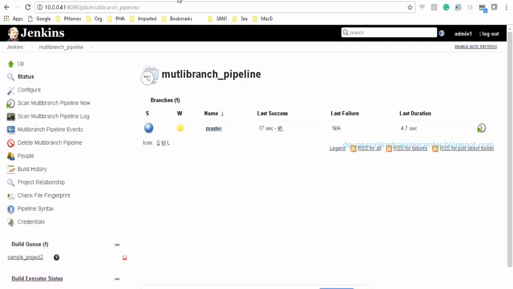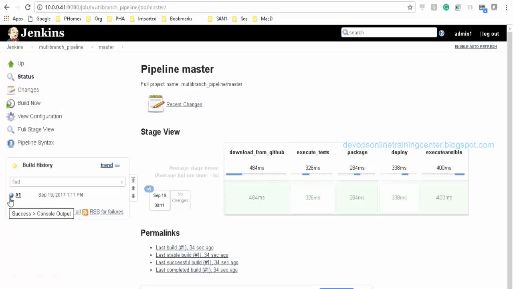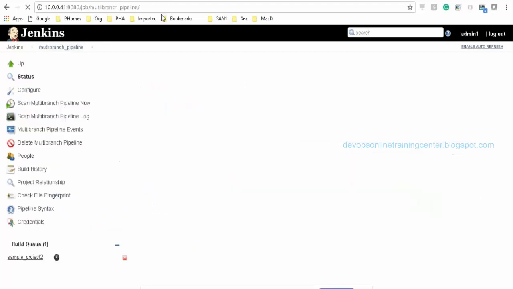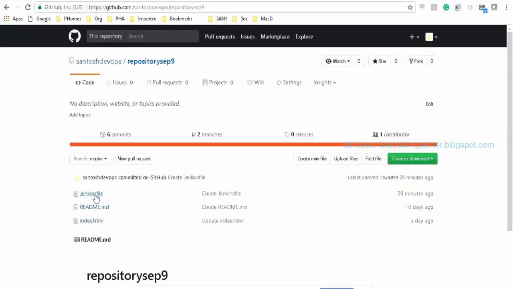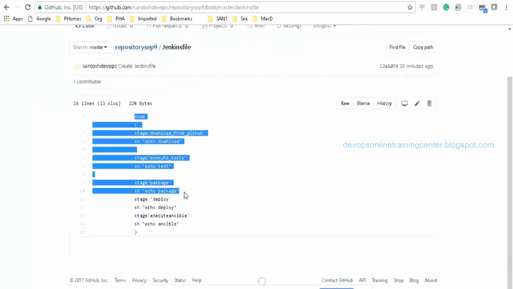So when we create a branch, in every branch we should have a Jenkins file. When I click on this, it has created a build with number 1 and it has executed the code. Now let us say I copy paste the same Jenkins file to the develop branch as well.